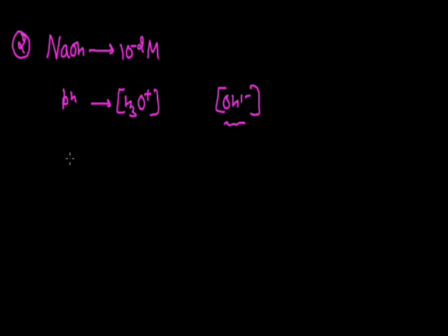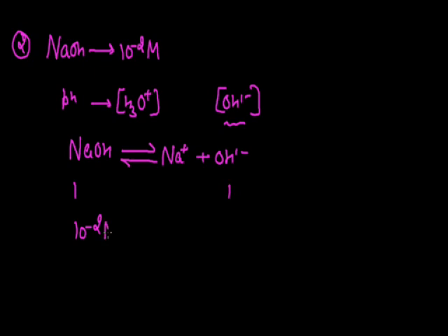So now we will use this strong base ionization equation for the calculation of hydroxide ion concentration. If I dissolve this sodium hydroxide in water, then by the ionization it will provide sodium cation and hydroxide anion. Since from one molecule of sodium hydroxide I get one hydroxide ion, if the concentration is 10⁻² M, the concentration of hydroxide ion will be respective of this, and the concentration will be 10⁻² M. From this concentration, now we can calculate the pOH of the solution.